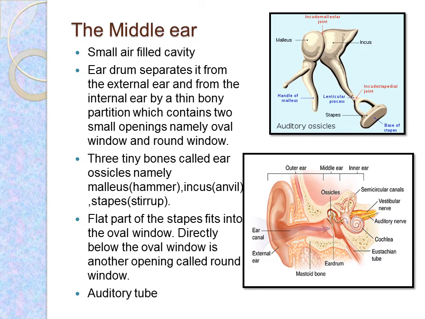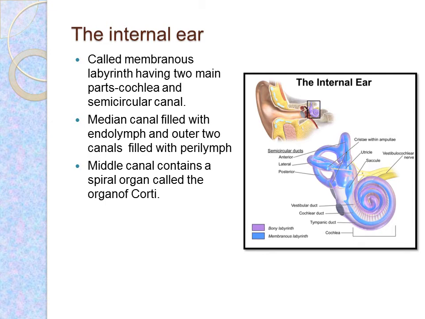Now next we will come to the inner ear. Now here we will start about the internal ear. This internal ear, as we all know, has another name which is called a membranous labyrinth, and it is mainly having two parts. One part is this coiled part or the spiral shaped cochlea, and the second part is the semicircular canals. Now what is the cochlea exactly? Is it hollow? Is it a solid part? So what is its function?